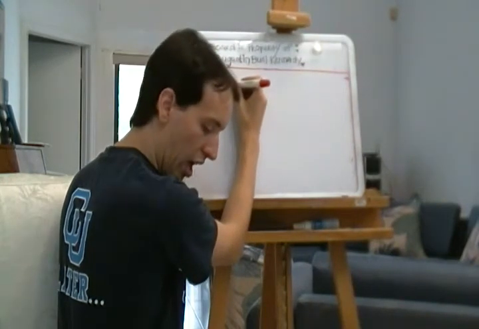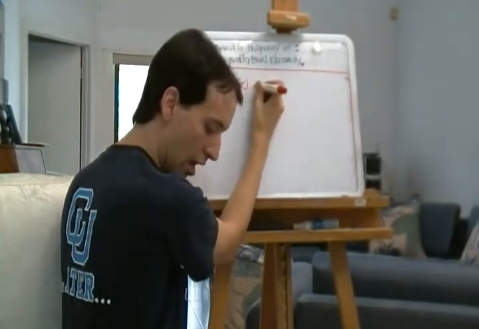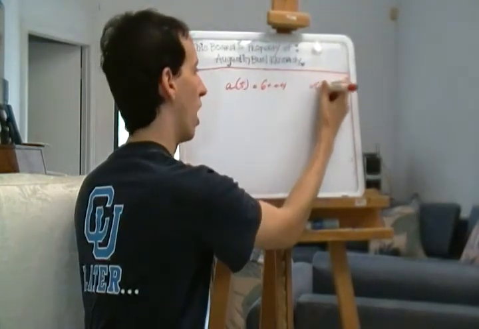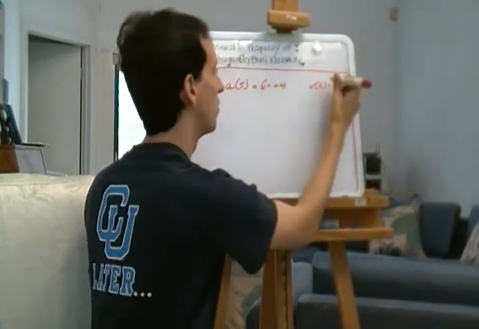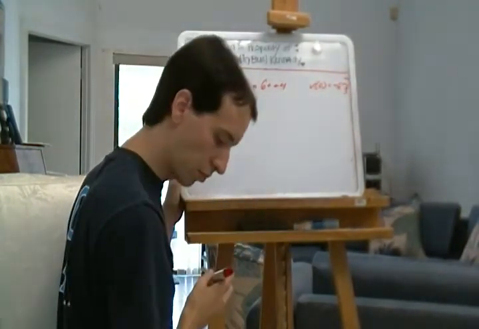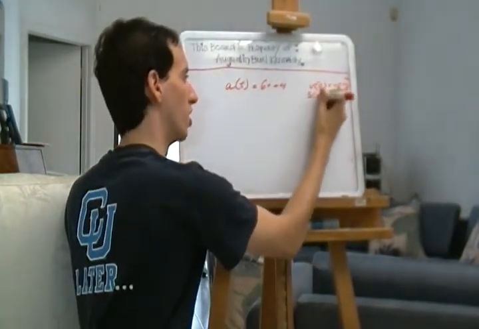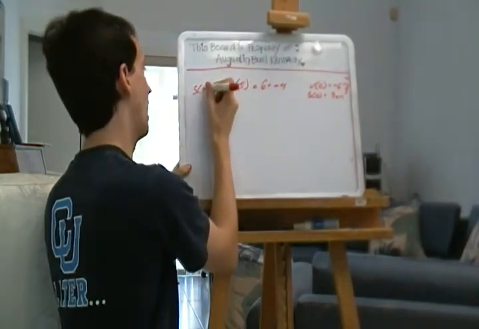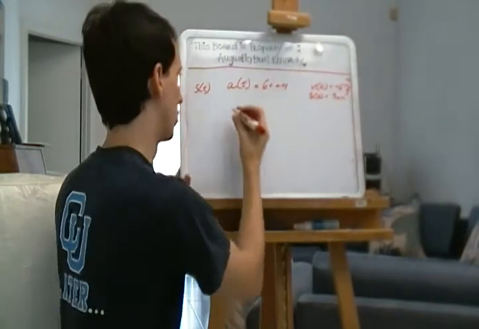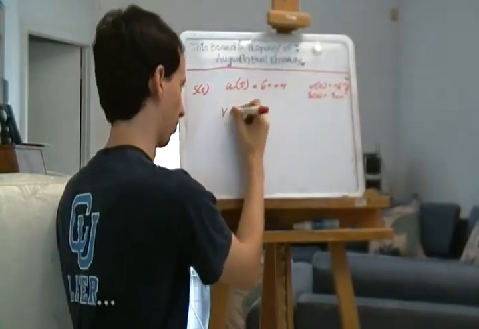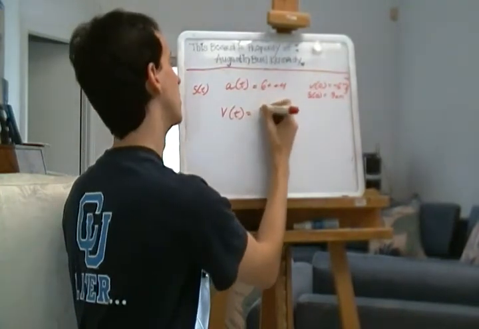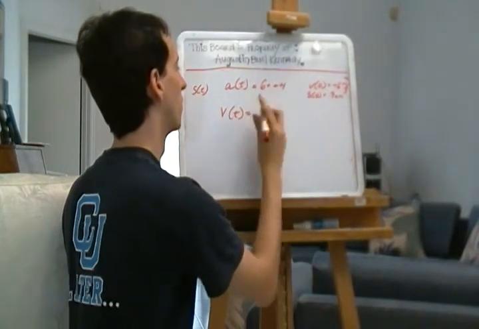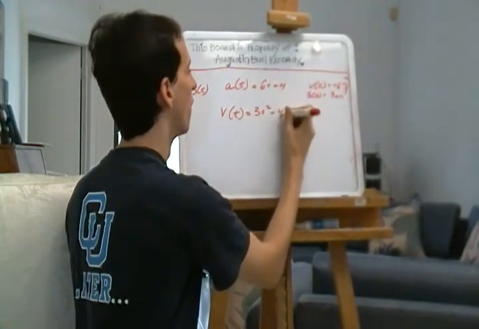A particle moves in a straight line and has acceleration a of t equals 6t plus 4. Its initial velocity, v of 0, is -6 centimeters per second. And its initial displacement, s of 0, equals 9 centimeters. And we want to find s of t. Well, we know a of t is the second derivative. So we're going to take the antiderivative of a of t, which will give us v of t. That gives us 6t squared over 2, or 3t squared, plus 4t,